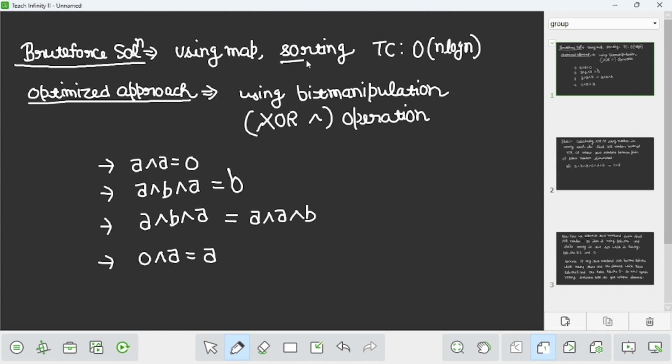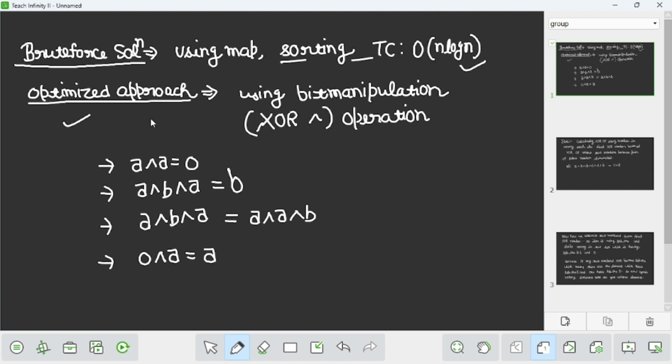We can also use sorting: if there are two consecutive elements that are the same, then that is not a unique element. If no such case arises, that is a unique element. So sorting can be used, but using a map or sorting gives time complexity O(n log n), but the question says we have to solve it within O(n) complexity.